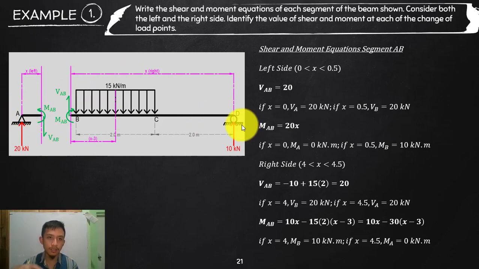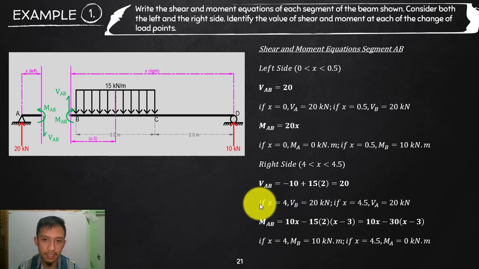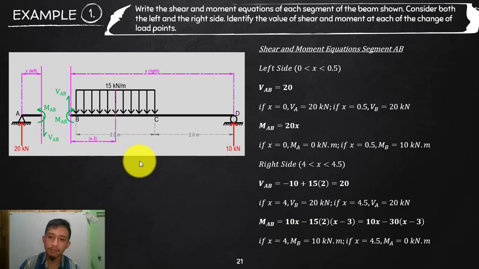So again, for this example, I will be showing you the two possibilities, considering the left side and the right side, and I will show you that they will be the same. But later on, as we go on to the other examples and the next discussions, we will just be focusing on one so that we will not confuse ourselves. So if that is the case, then I will assume the directions of my shear